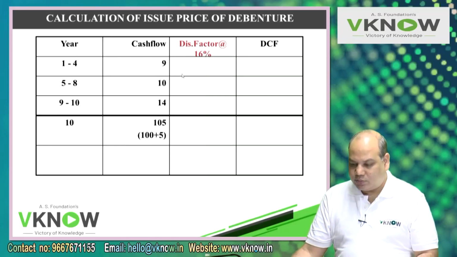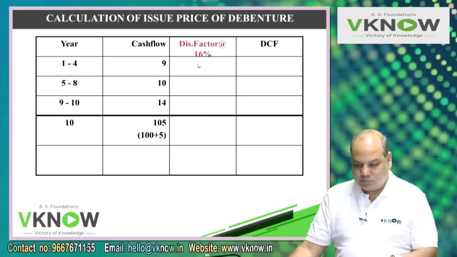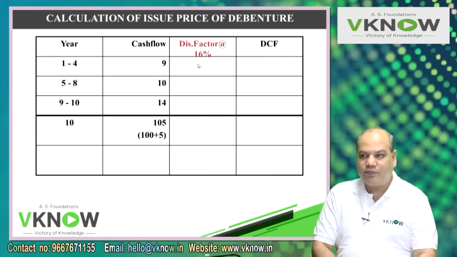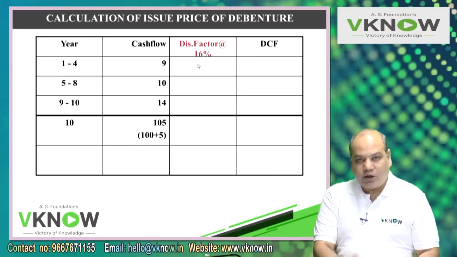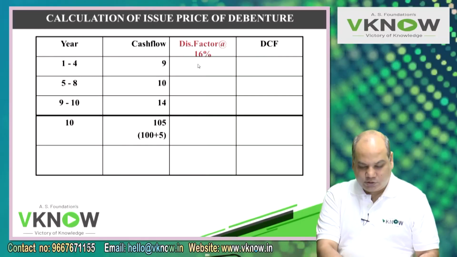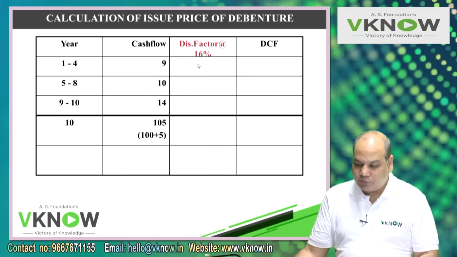Now the time has come to demonstrate your skill of calculating the factor on the calculator. So I will help you. Those who know, please go ahead yourself. Others will follow me. Are you with me? 1-4 is easy. 1 divided by 1.16, equal to 4 times and then GT. So you will get 2.7982. Again all clear.